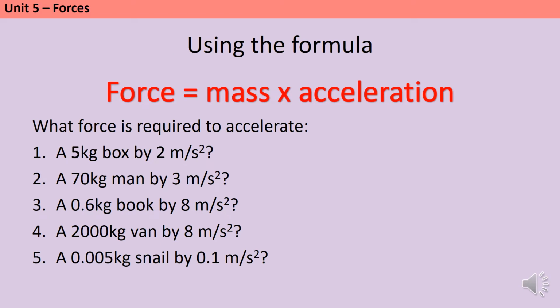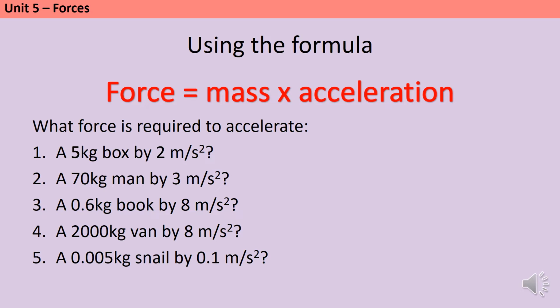Let's practice substituting some numbers into this formula and doing some calculations. In the first question, we're asked what force is required to accelerate a 5 kilogram box by 2 meters per second. Now, sometimes in the exams they will be extra kind to you and they might say a box with a mass of 5 kilograms and an acceleration of 2 meters per second squared. But even if they don't do that, I know which number is which because I've got those units on the end. So wherever I see kilograms, it must be a mass, and wherever I see meters per second squared, it